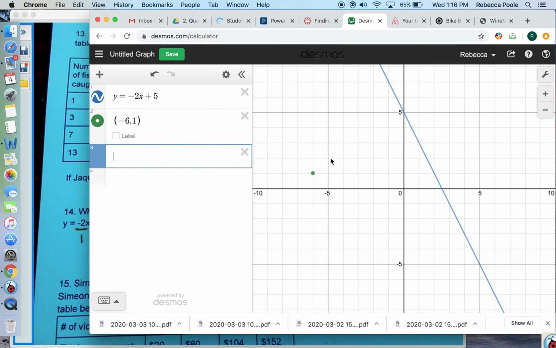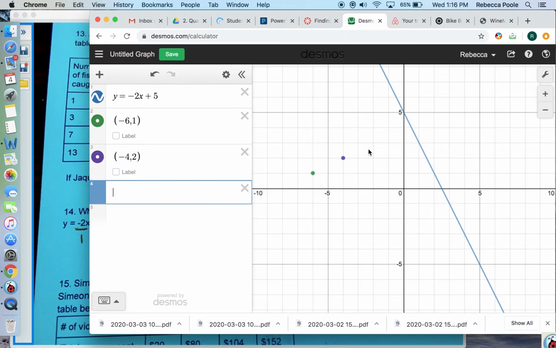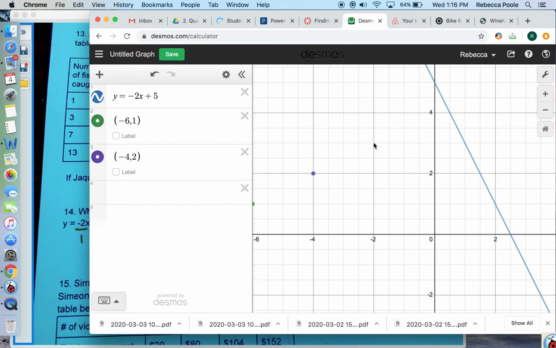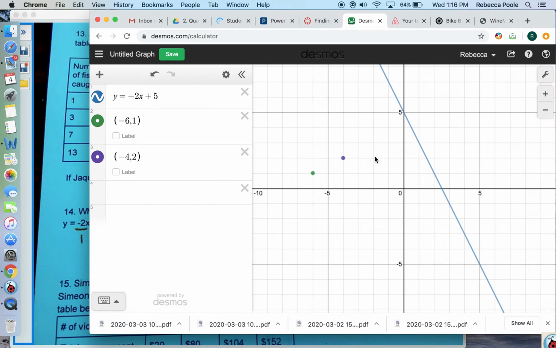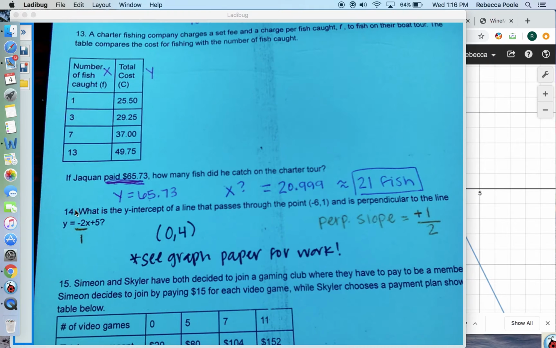So that would be up 1 over 2. That point would be negative 4, 2. Okay? Then from here I can go up 1 over 2. So this point right here, it's not going to let me put it. I keep trying to do it that way, but it won't work. So that'll be negative 2, 3. And then if you go one more, up 1 over 2 right here, it's going to cross the y-axis at 4. So the ordered pair would be 0, 4, which is what we got when we did it by hand